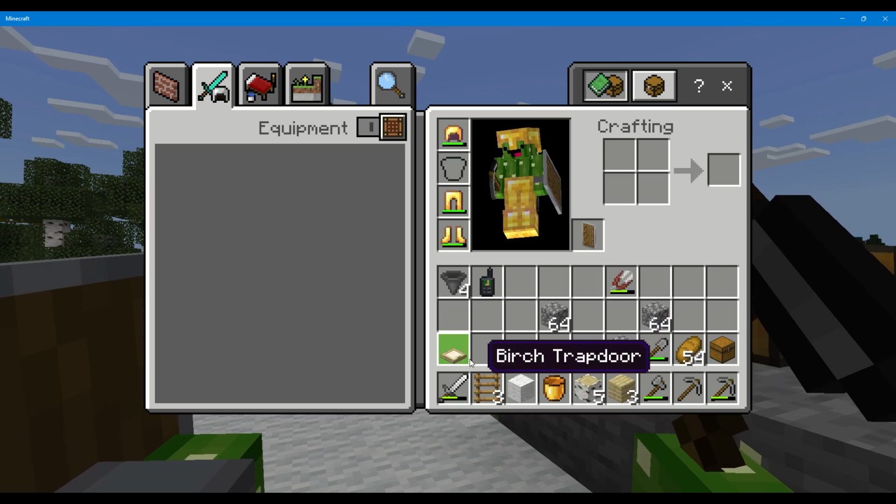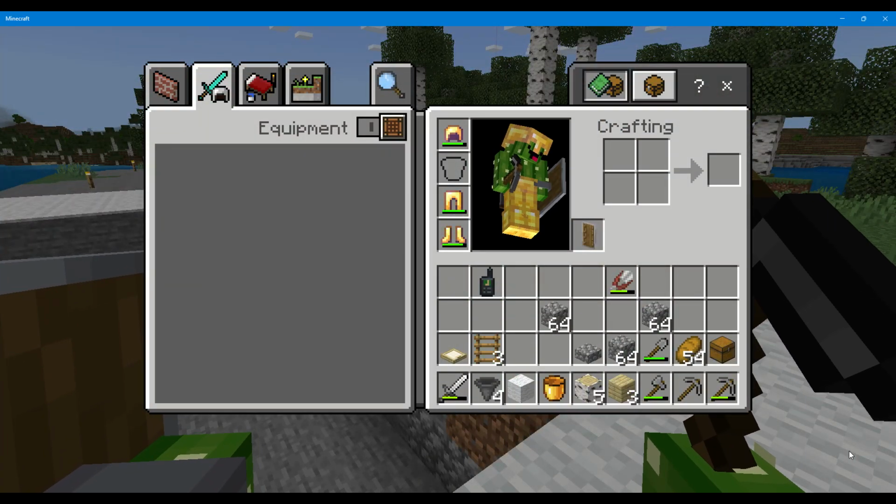So the next thing we're going to do is pick the front of the farm and place down 2 hoppers like this. I've chosen